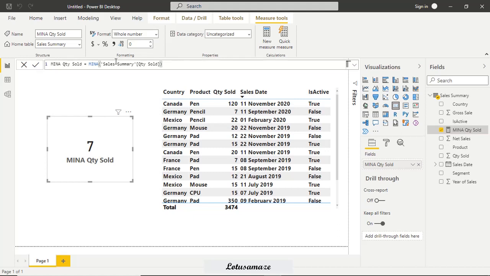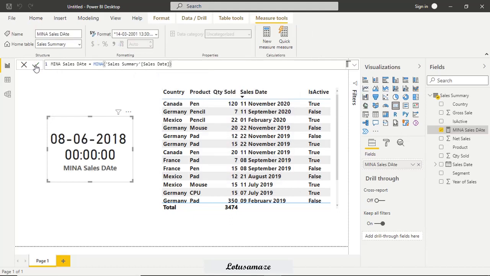Now we try the date, and we get the minimum date. And finally we test the logical or boolean value, so is active.